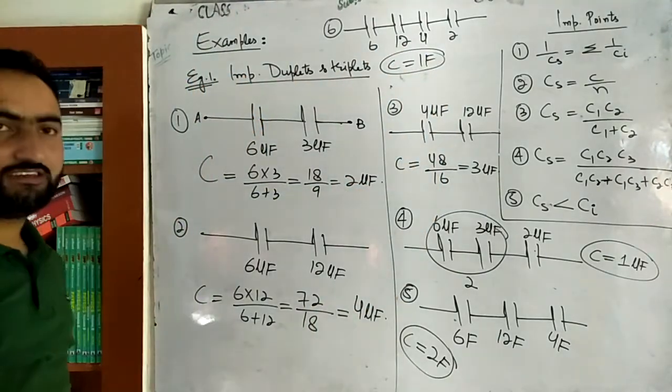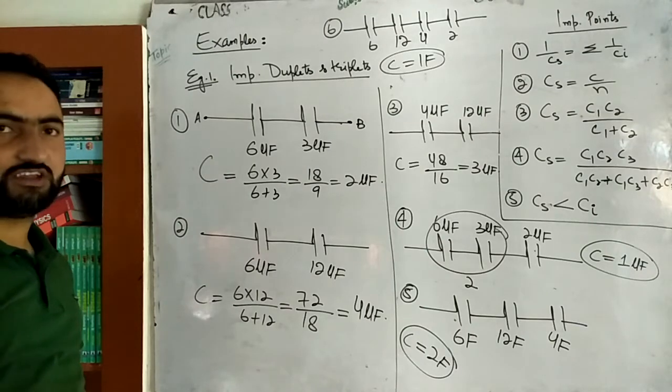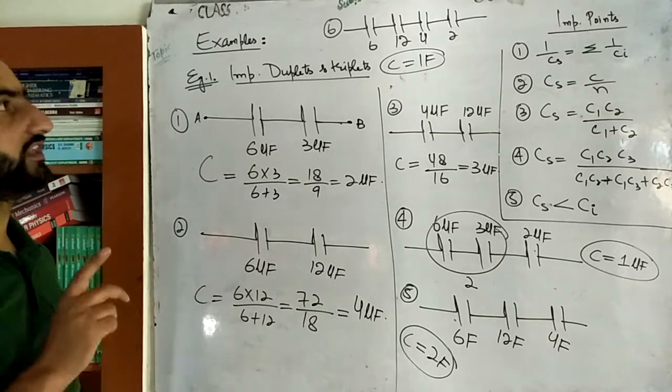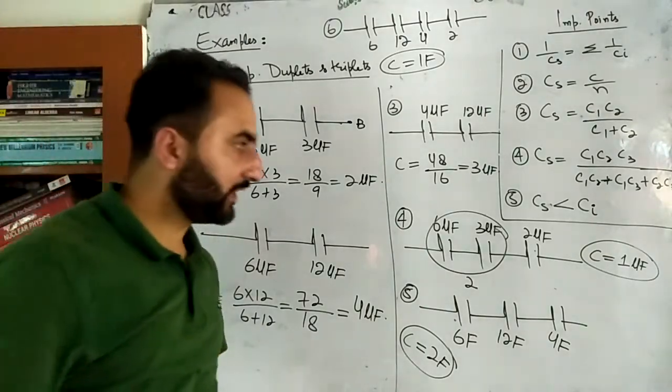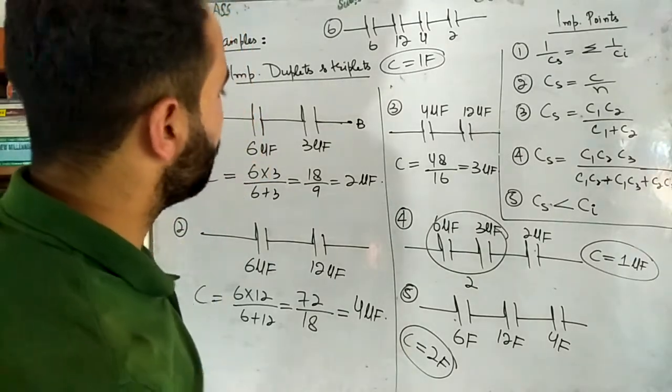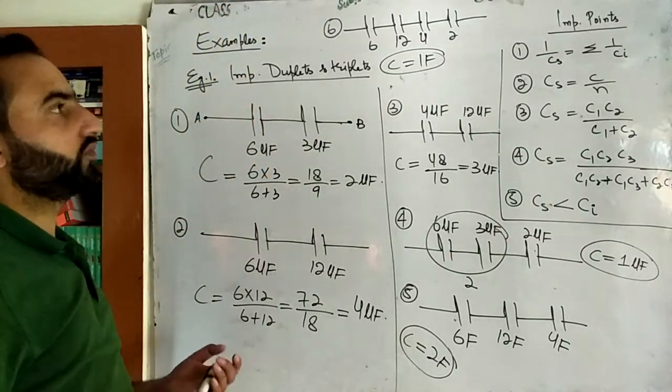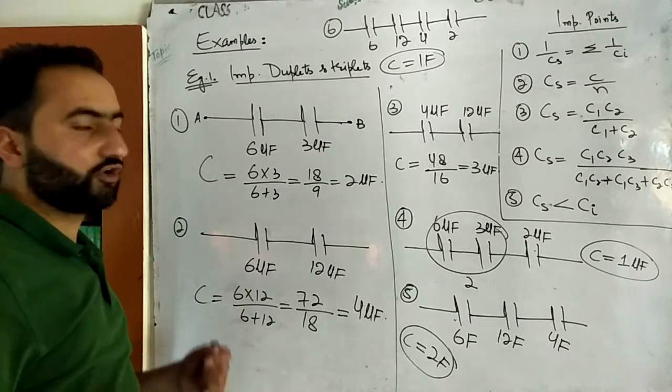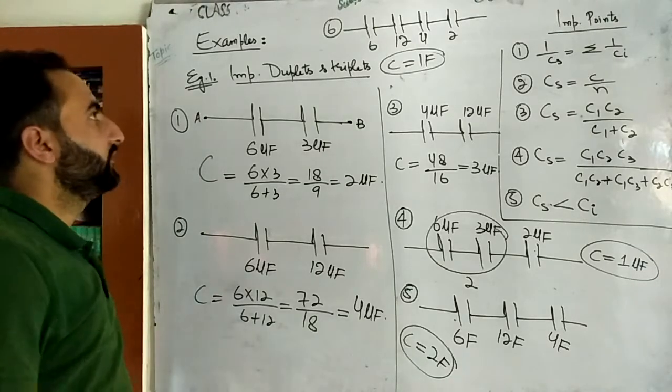Okay. 6 and 12 in the series, that's 4. 4 and 4 in the series, that's 2. 2 and 2 in the series, that's 1. तो आंसर कितना आ जाएगा? 1 farad. ठीक है ना बेटा? So these are really important examples. Okay. So you pause screen, write down all these examples and practice them and try to memorize these results.